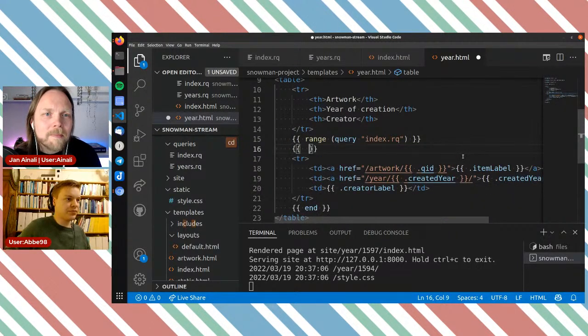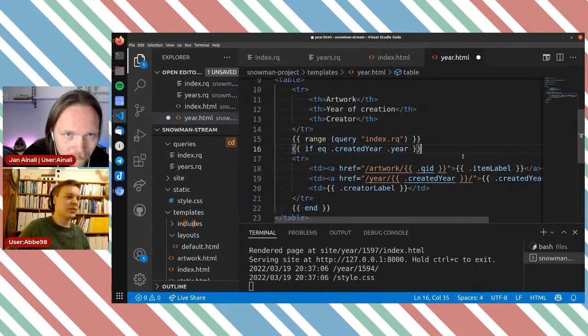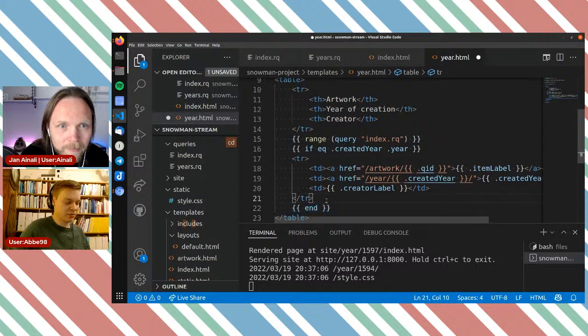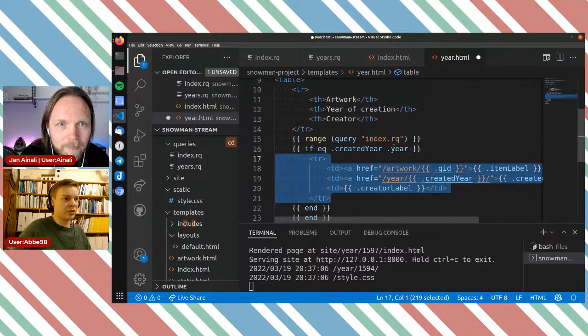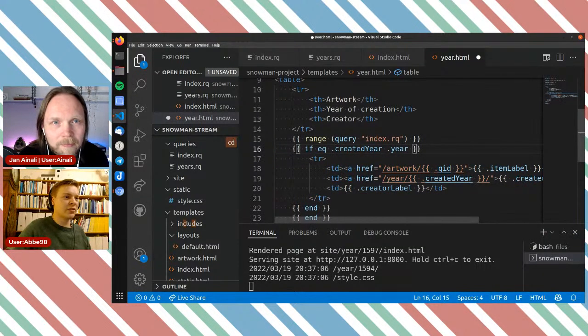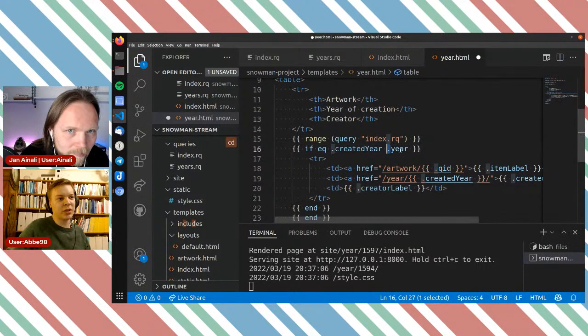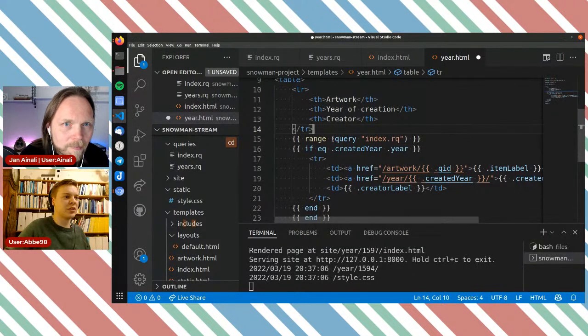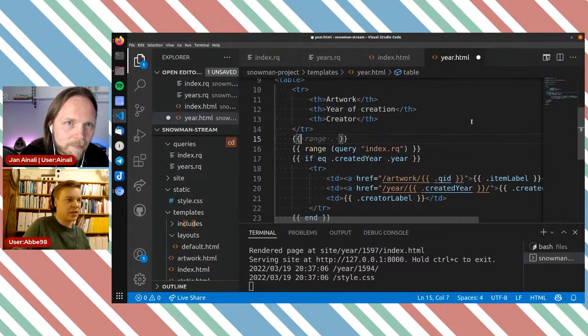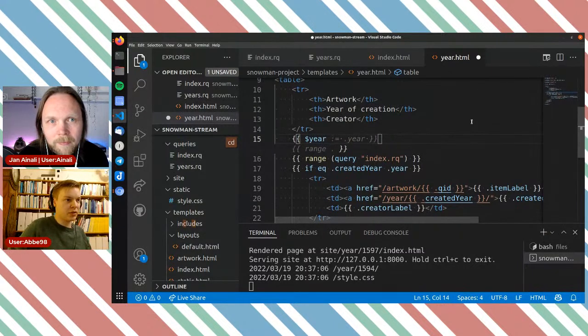And yeah, it says something. If equal to, that's almost right. So I need an additional end here. So if the created year is equal to the current year, but however, inside of this range, we can't access year with dot like this, I don't think, because we use the dot for each of the rows in the range here. So we actually need to create a variable here, a name variable like that.